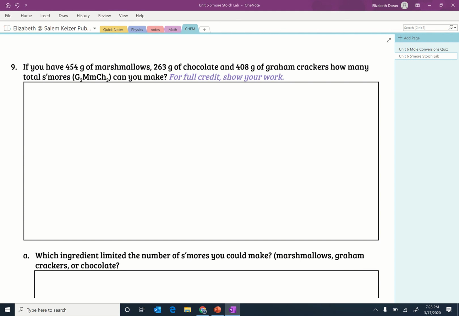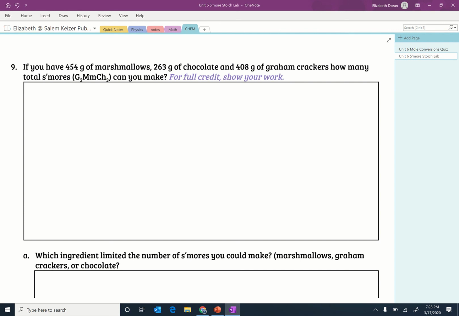Whichever one of those is the fewest number of s'mores, the least amount, that's going to limit how many total s'mores you can make. Okay, so if you only have 7 graham crackers, and you have 12 marshmallows, and let's say you had 100 chocolate pieces, well, those 7 graham crackers are going to limit the total number of s'mores that you make. If you're making our legit actual s'mores with 2 graham crackers, 1 marshmallow, and 3 chocolate pieces,